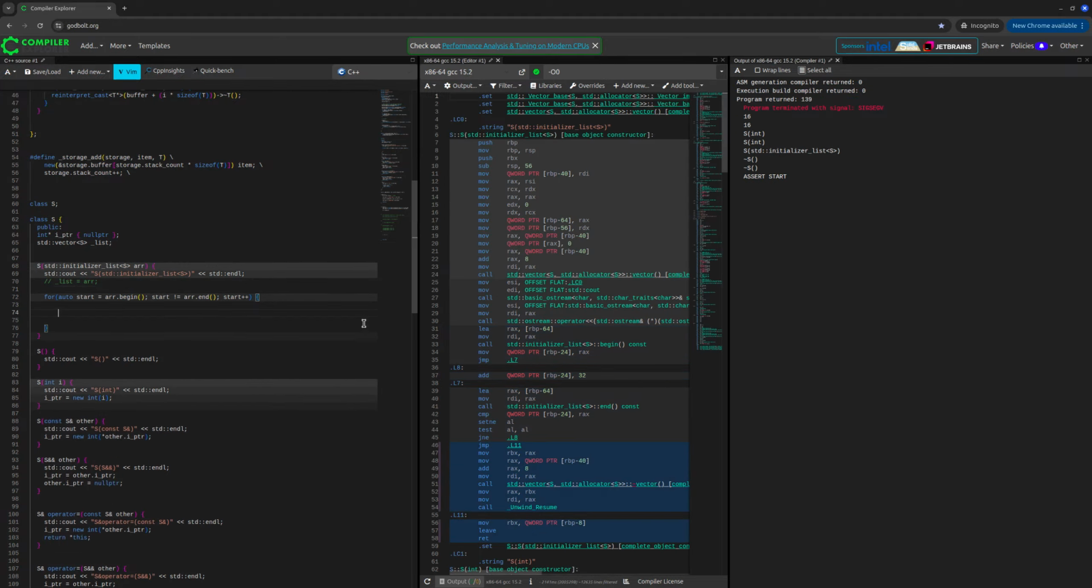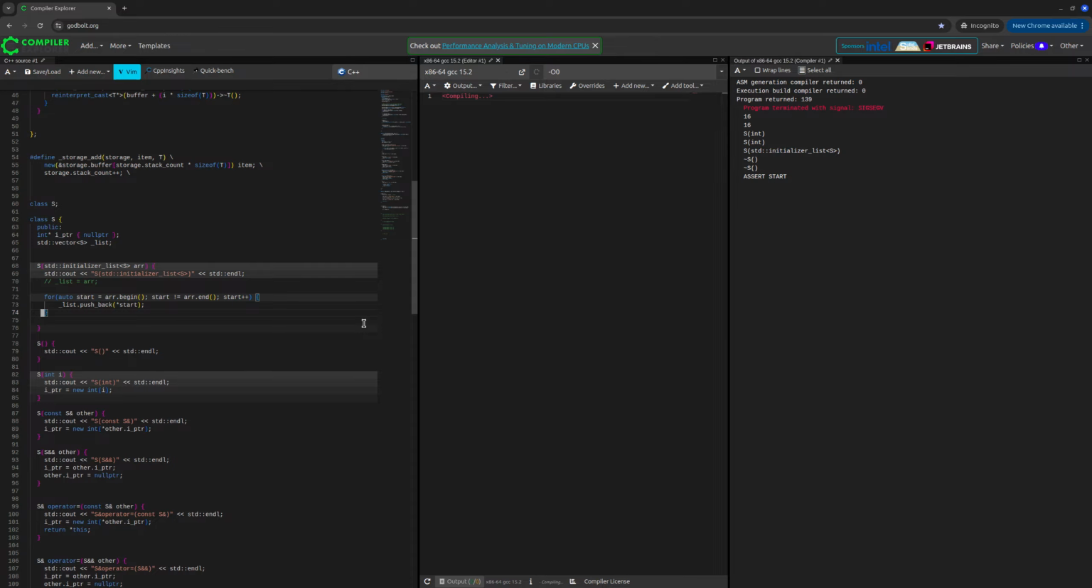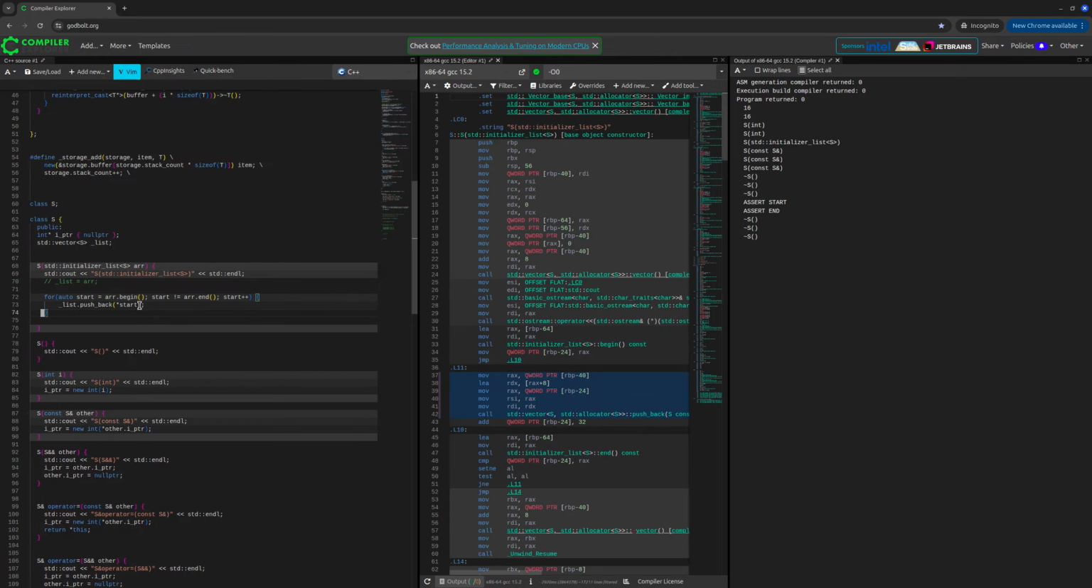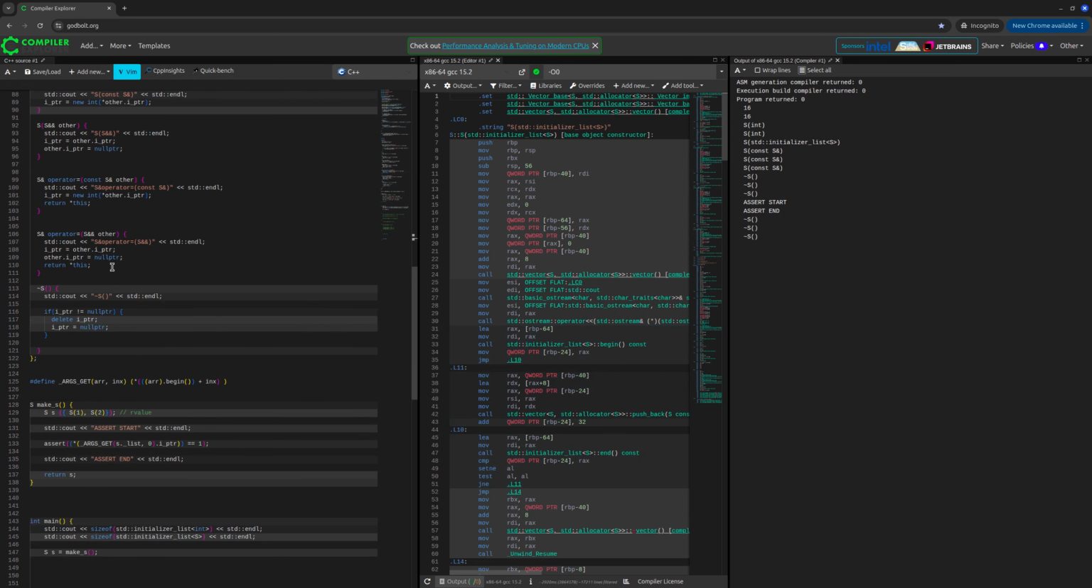So what you would do here is list pushback start, and you dereference it. Now it still looks like a pointer, but it's really an iteration in C++, as you can overload the dereference operator, and you can overload postfix increment. So that's essentially how you would pick up your initializer list